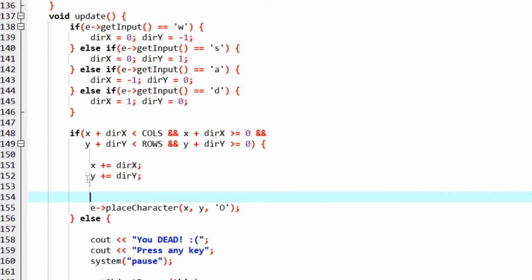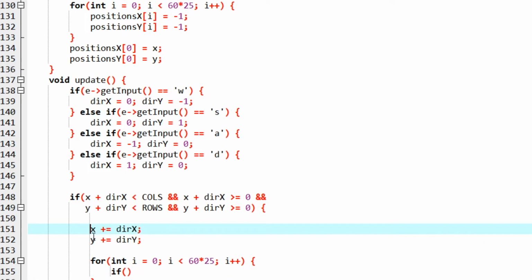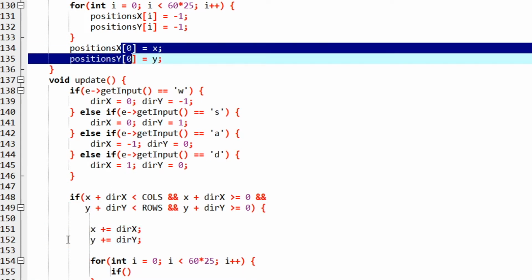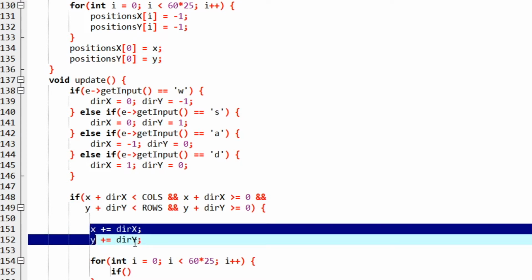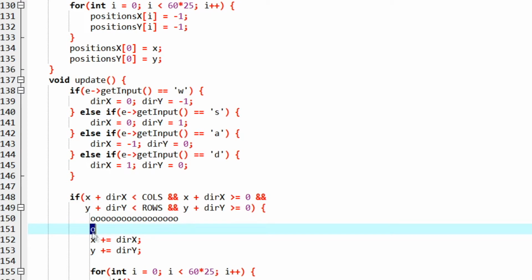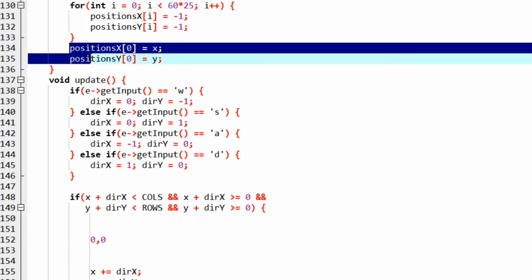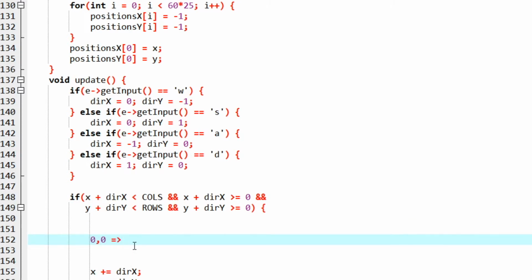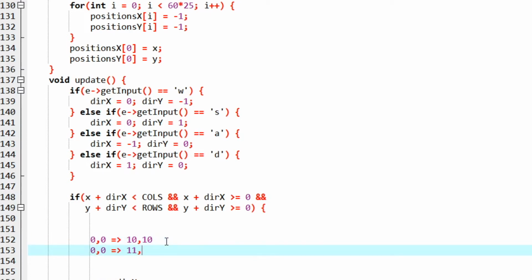So yeah, in this condition here, we will have a loop. The loop can go at maximum 60 by 25, but we will break if we need. We want this new x and y to be placed at the head of the snake. The head of the snake is at 0, 0. We want these new positions to be at 0, 0. But 0, 0 is already occupied by the current head. We want to place a new head here. So let's say that the 0, 0 index of these arrays contain the position of the head, which is 10, 10. And here the head will have a new position. Let's say it will be 11, 10.